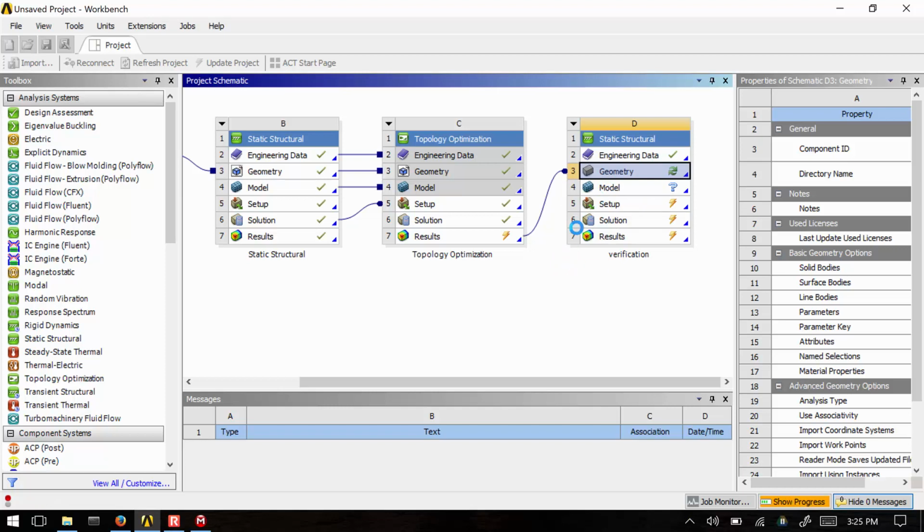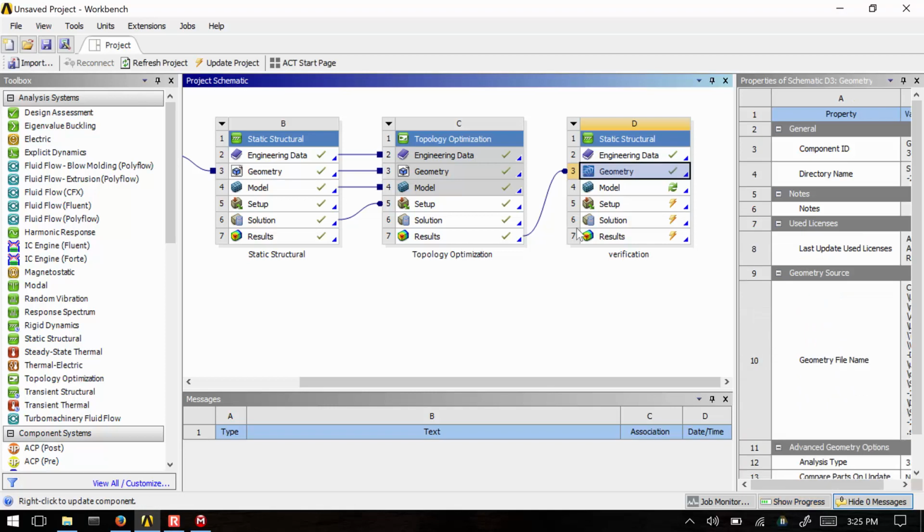So we just got to wait for it to do that. And what I'm going to do is, after it's updated, I'm going to double-click geometry, and that's going to bring up what's called SpaceClaim. It's basically ANSYS's version of CAD software. And what SpaceClaim does is it makes it really easy to work with this mesh geometry that you get out of, as we'll see, this topology